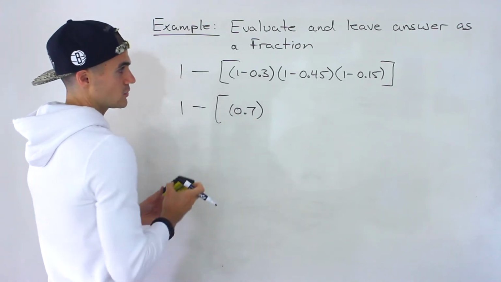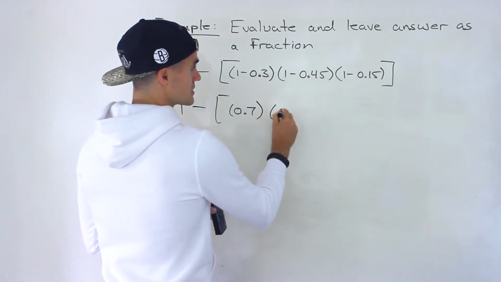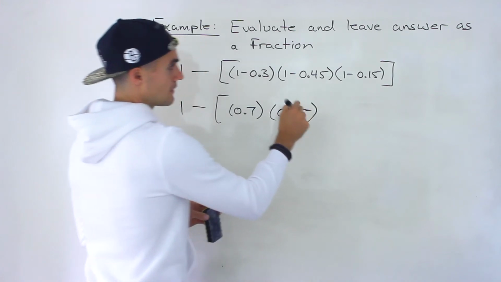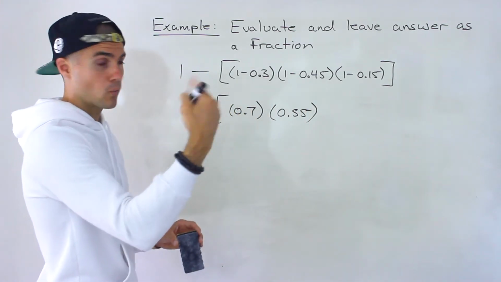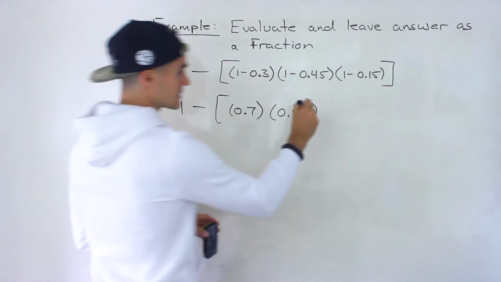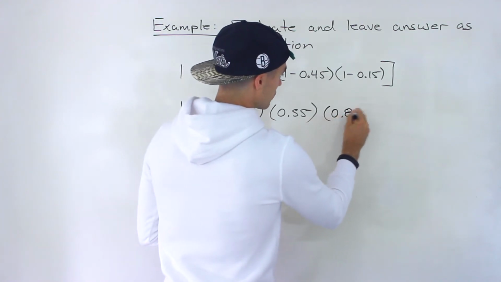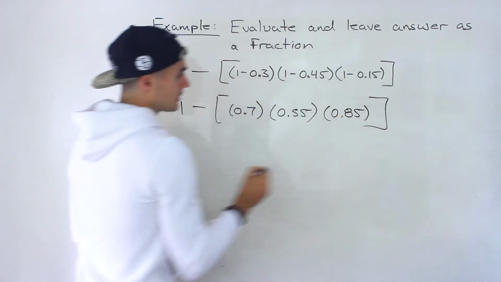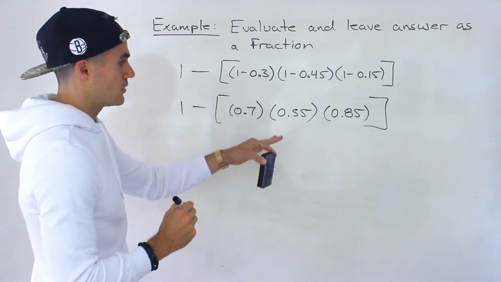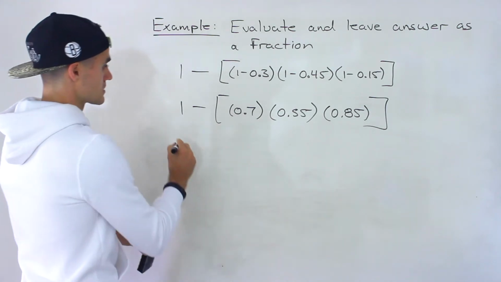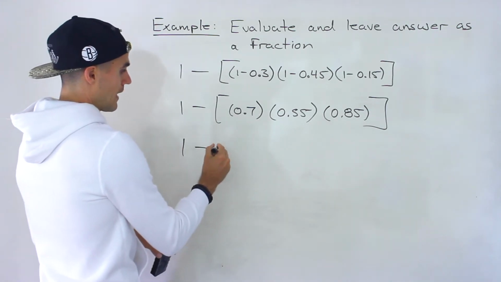So 1 minus 0.45, that's going to be 0.55. And then we'll have 1 minus 0.15, and then that is going to equal 0.85. And so from here, what I would do is now put the fractions in for these. So we would end up having,